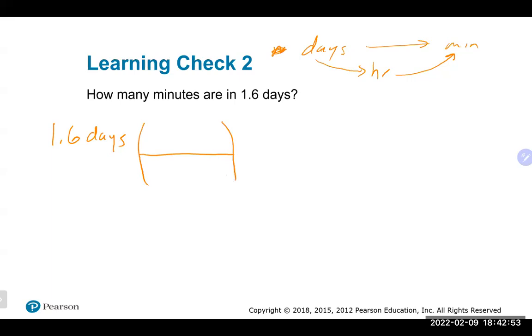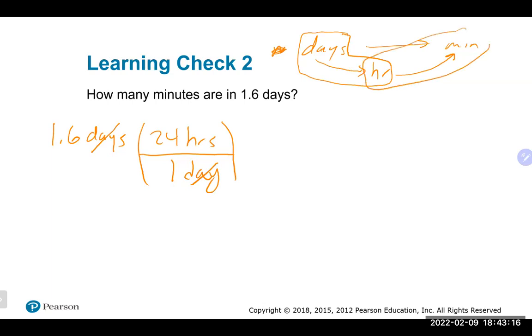If I use my conversion factor from days to hours, how many hours are in a day? And should 24 hours go top or bottom here? It should go top: 24 hours, 1 day. At this point, the days would cancel. We would be left with hours, which now we can use our knowledge of hours and minutes. How many minutes are in an hour? Minutes should go top here, 60 minutes and 1 hour. Hours will cancel. And if we go across there, 1.6 times 24 times 60 gives us an answer on our calculator,